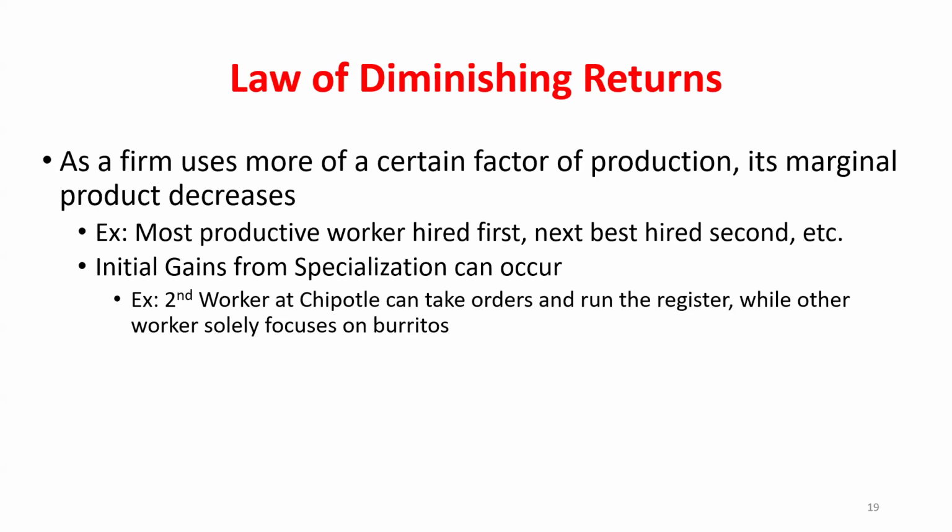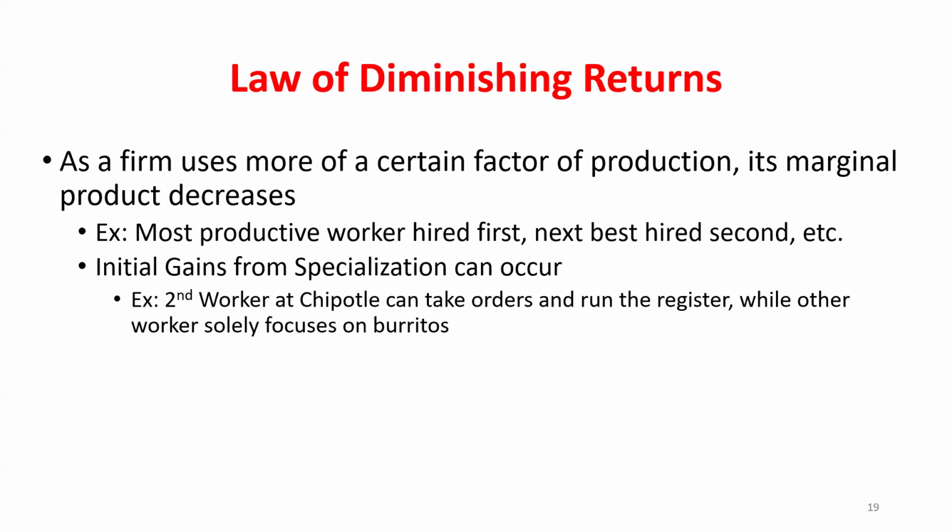All right. So even though I hire the best worker first, when I hire the next best worker, what can I now do? One person builds the burrito, they hand it off. The next person is running the credit card, taking the order, right? Now that original first person doesn't have to do all the tasks. They're just doing one task. And now when I hire the third best worker, one person can just focus on getting the tortilla, rice, and beans.